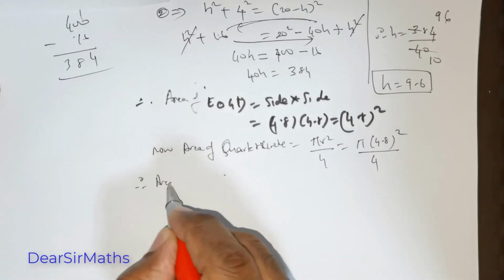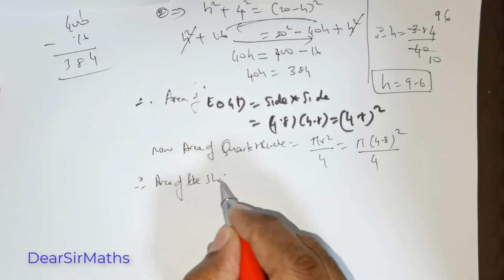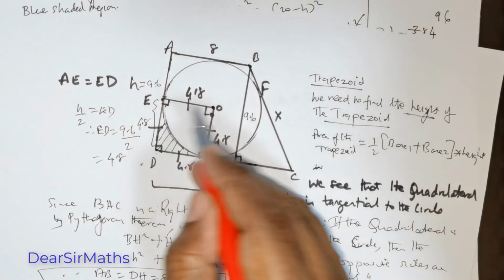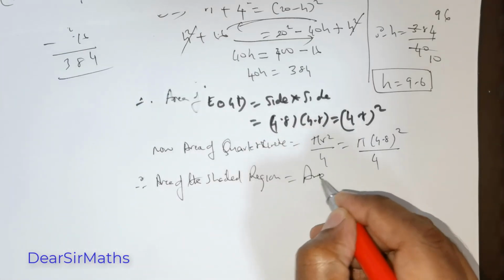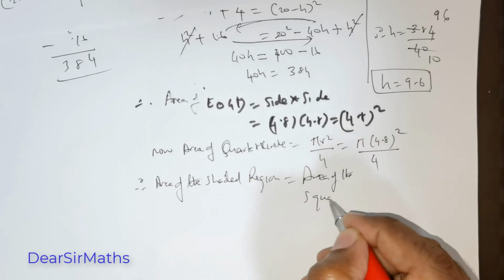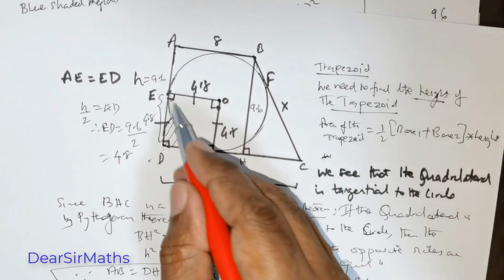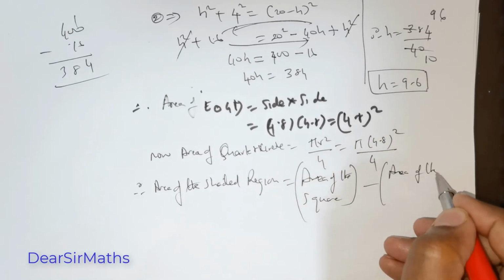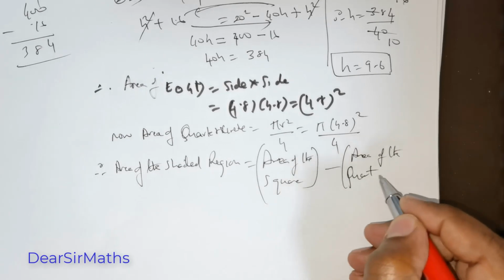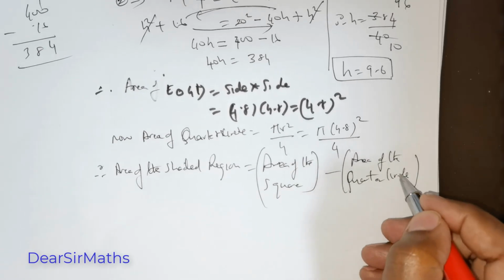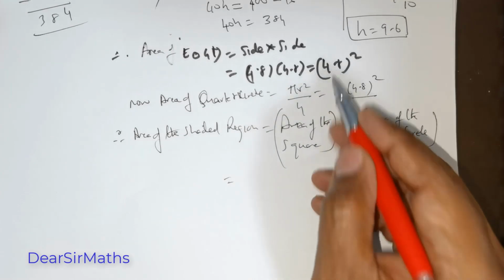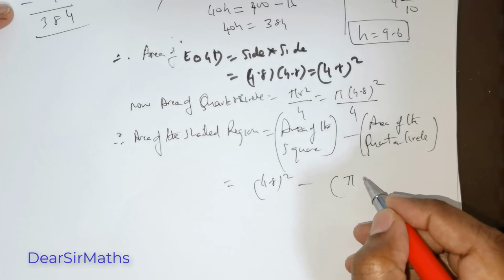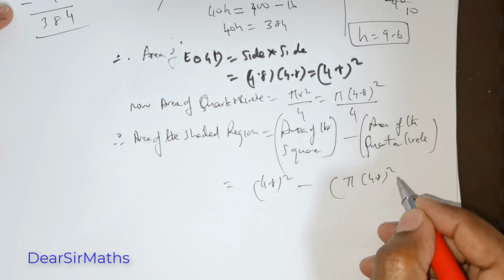So therefore area of the shaded region, so what is the area of the shaded region, is equal to area of the square minus area of the quarter circle, right? So area of the square 4.8 squared minus area of the quarter circle pi times 4.8 squared